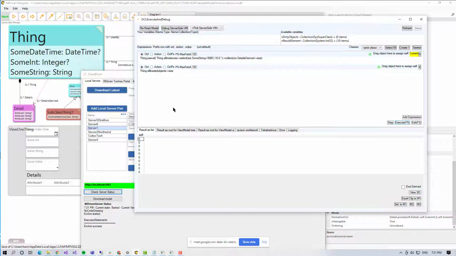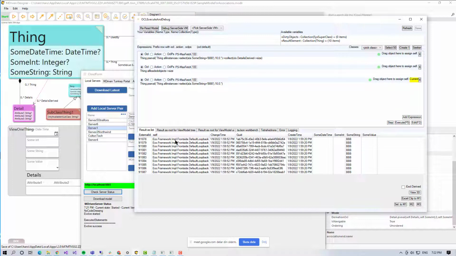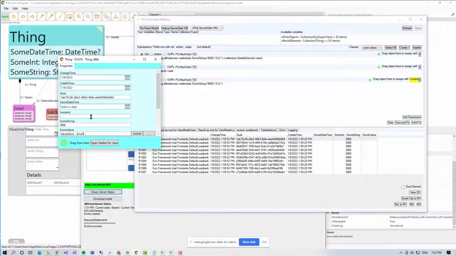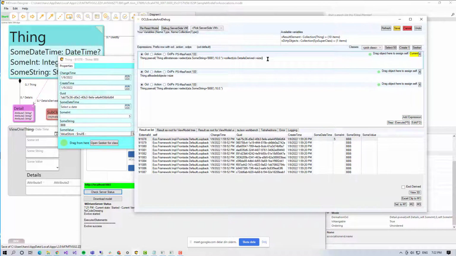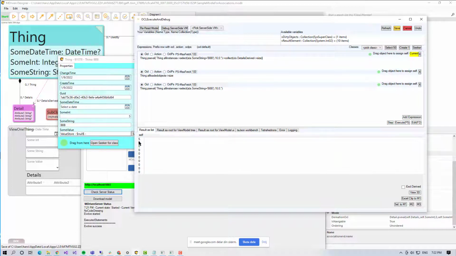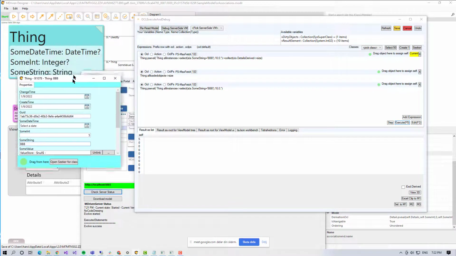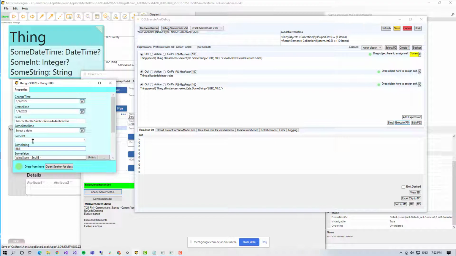So 0, all right. Add another expression here to get a hold of them again. If I now set this sum int to 5, and I run this one again, I see I fetched 5 on this first thing, so that works. And if I change this to, well, I change it to 20,